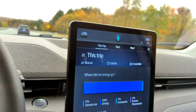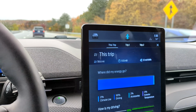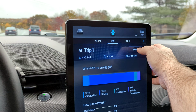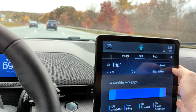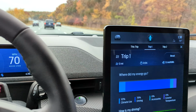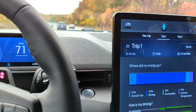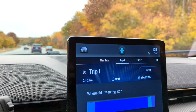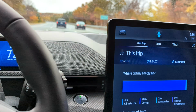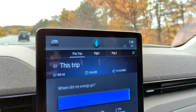All right, we've gone just about an hour. We've gone just about 60 miles. I realize I didn't reset trip 1, so I'm going to go ahead and do that now. So we'll keep track of the remaining parts of this trip on trip 1. But this first hour,